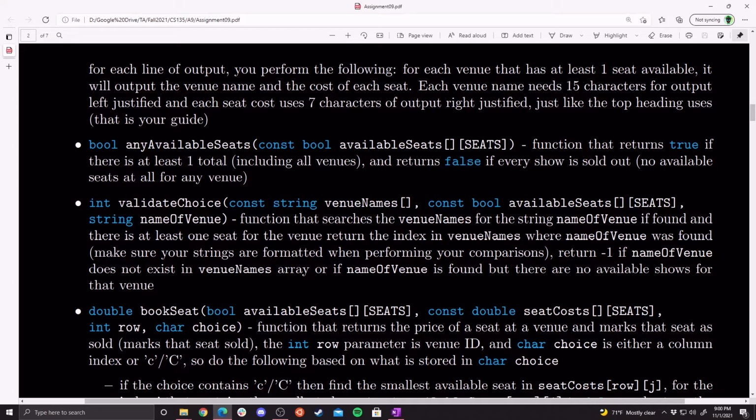So all you're going to do is the following. You pass in the array of venue names. You pass in available seats. You're going to pass in some name of venue. So in main, you can ask the user. I'll go to the main algorithm part towards the end. But you're going to pass in this name, and you want to verify if this venue is a valid venue in this theme park. If it is, it returns the row index of where this venue is, or the actual element in the venue names array where it was found. Returns -1 otherwise. So for example,